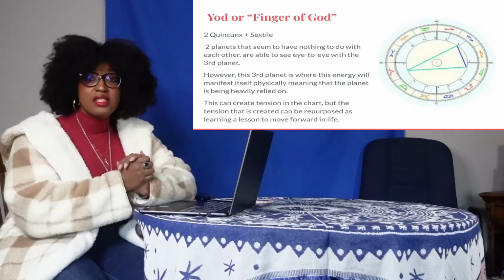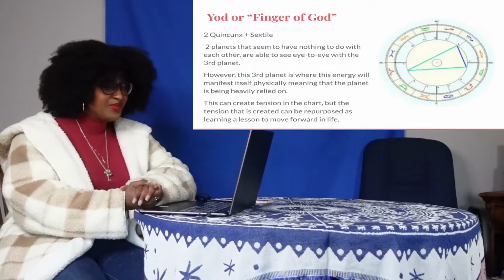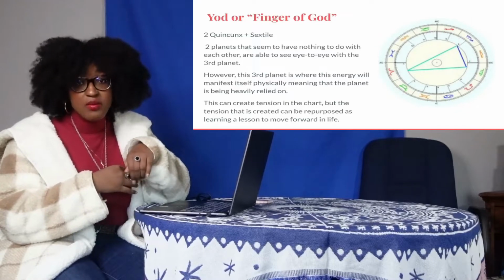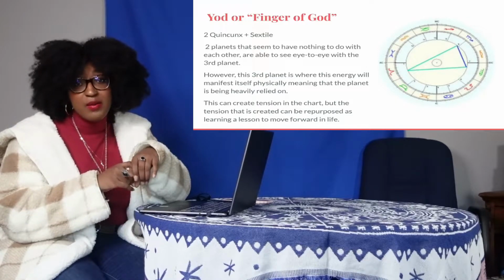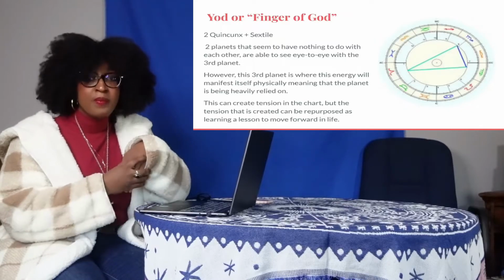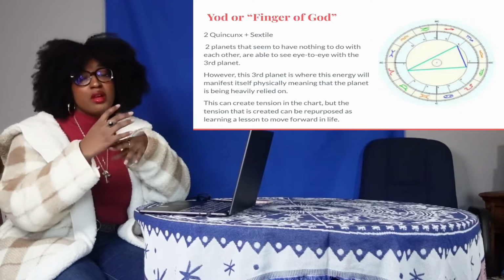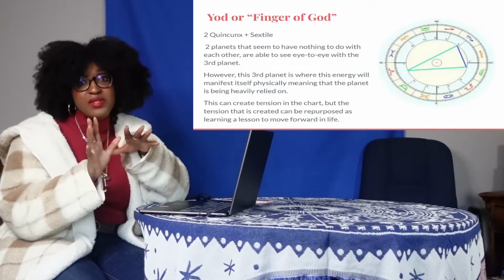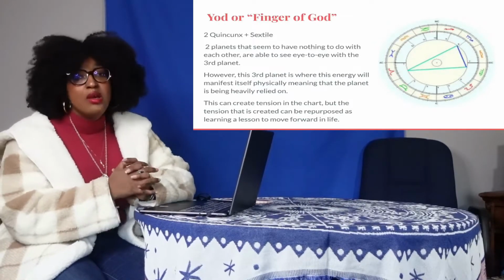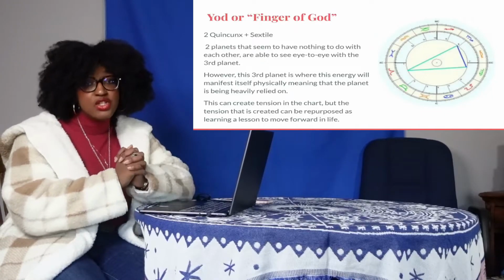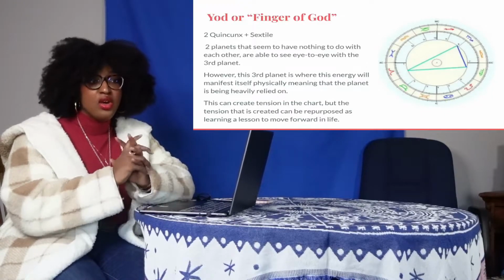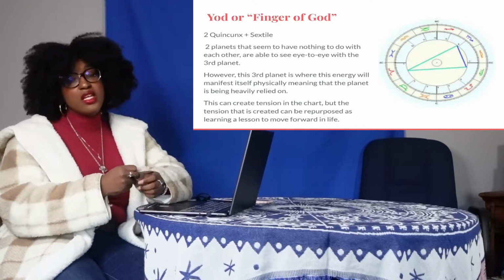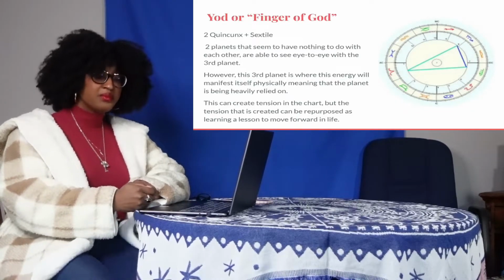Oh, and that is the end of my aspects. Wow. As I said, there are more aspects that I can talk about, but I am not going to talk about them because my book did not cover them. And I did cover, ironically, one of the complex aspects, the working trine, that I said I was not going to cover in this video. But since the trine, the major trine and the grand trine were side by side, I was able to talk about it briefly in talking about complex shapes.